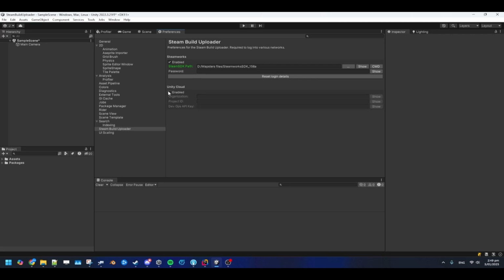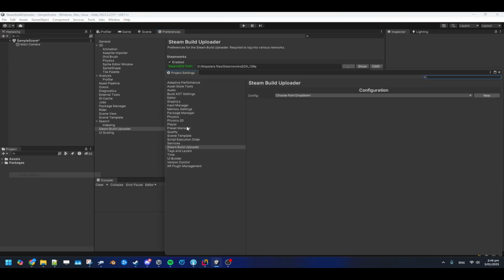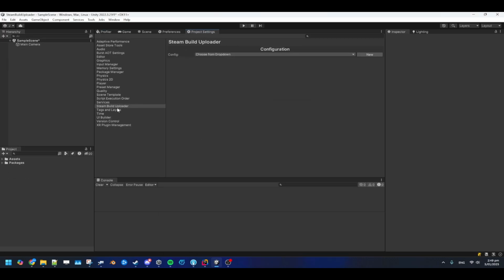Next up, we want to start entering the project settings. Edit, Project Settings, go to Steam Build Uploader, and here you want to actually set up your game itself. So you can click on New, and then we can enter in, or in my case, we can do Last Message, and we want to get the rest of the information, of which you can get by